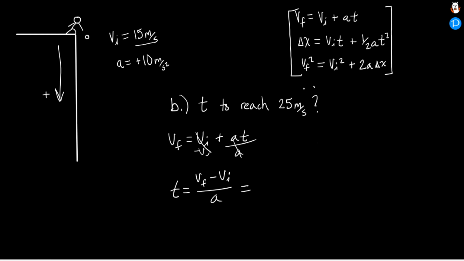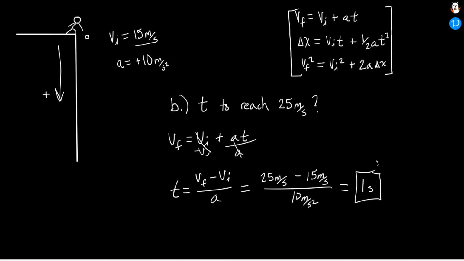And that's it. So let's plug in our numbers. Final velocity is 25 meters per second minus 15 meters per second divided by our acceleration is positive 10 meters per second squared. Crunch the numbers on that, and we're going to get 1 second is how long it's